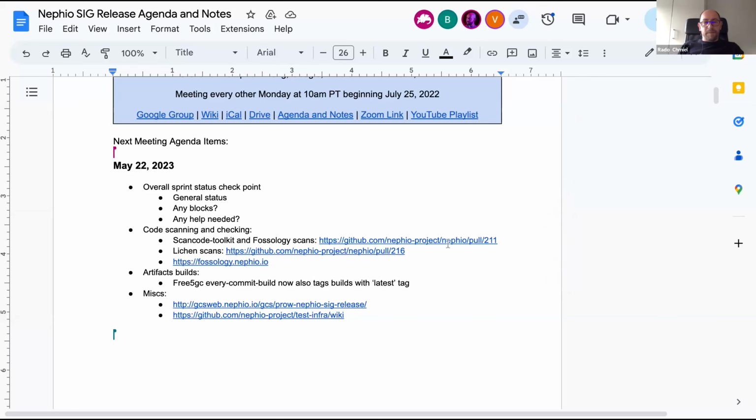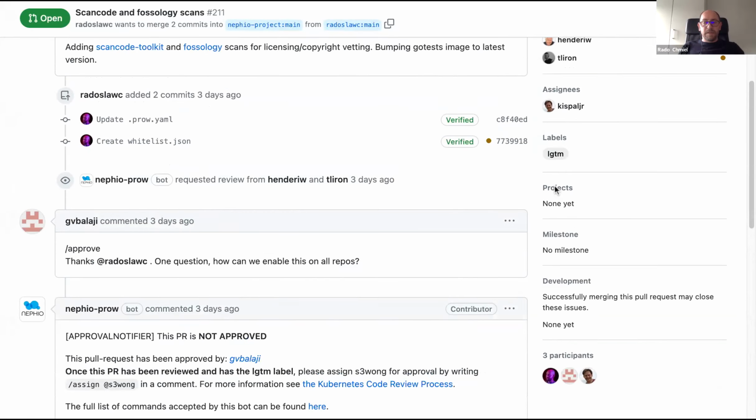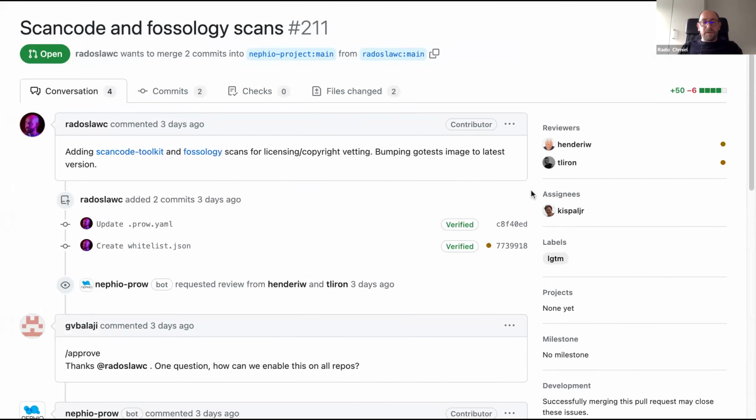Both of those are related to licensing, vetting, and generally licensing stuff. The lichen scan scans the already compiled binary to show the linked dependencies. Okay, so here if you scroll down,